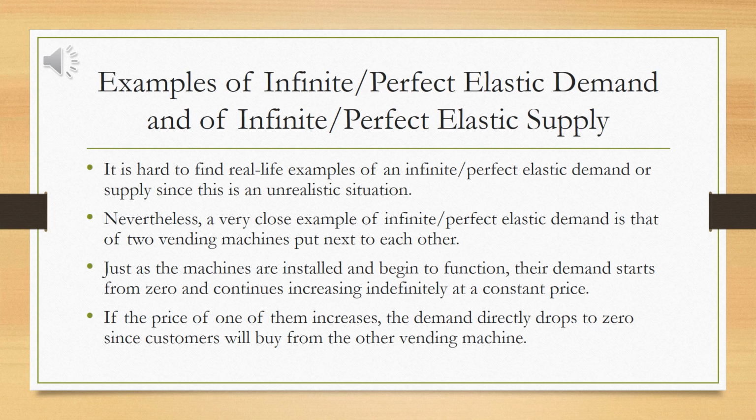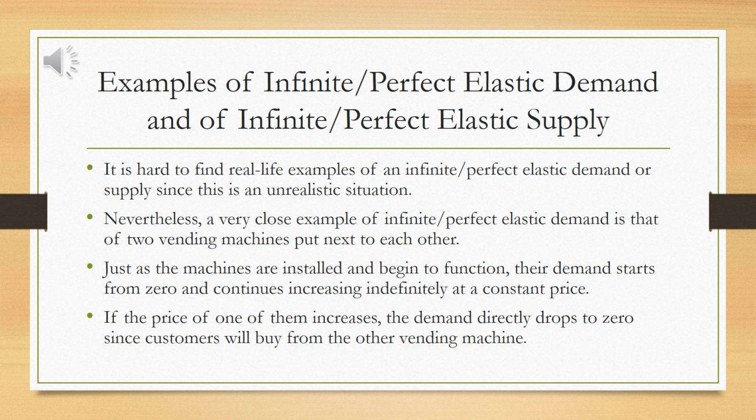It is hard to find real-life examples of an infinite, perfect elastic demand or supply, since this is an unrealistic situation. Nevertheless, a very close example of infinite or perfect elastic demand is that of two vending machines put next to each other. Just as the machines are installed and begin to function, their demand starts from 0 and continues increasing indefinitely at a constant price. If the price of one of them increases, the demand directly drops to 0, since customers will buy from the